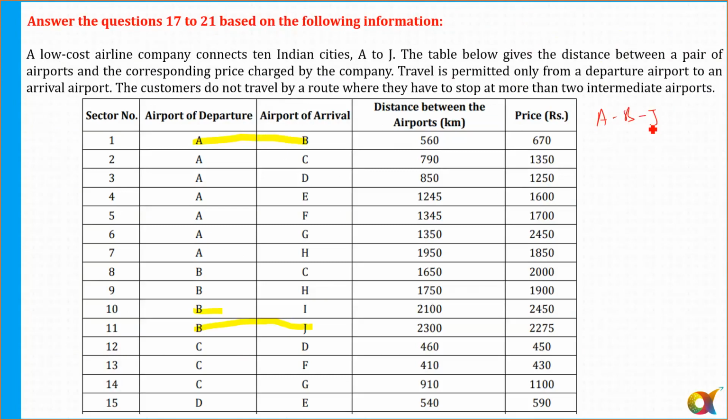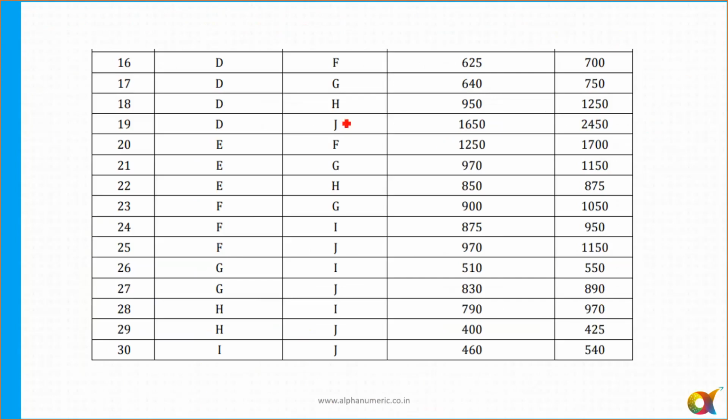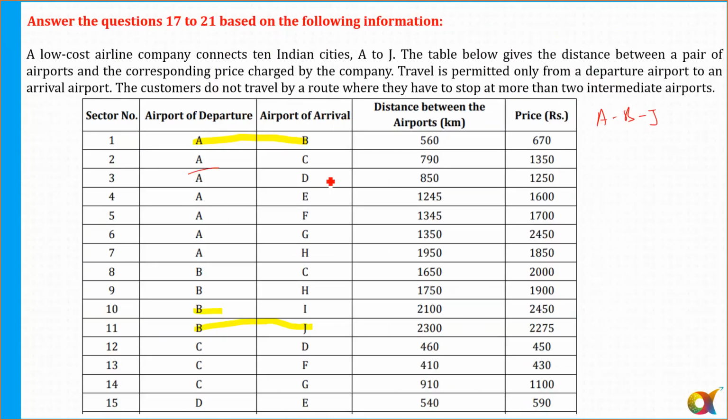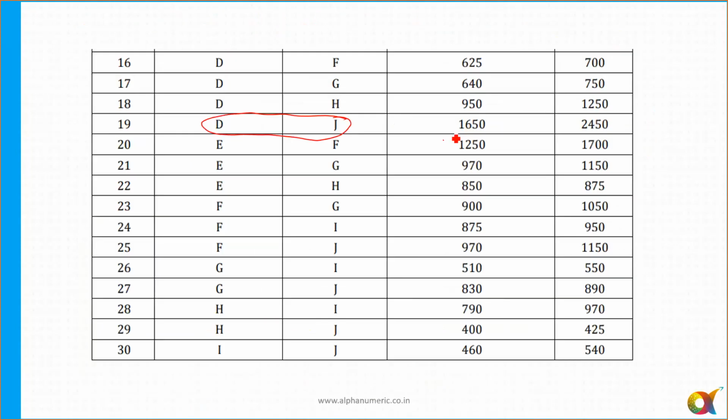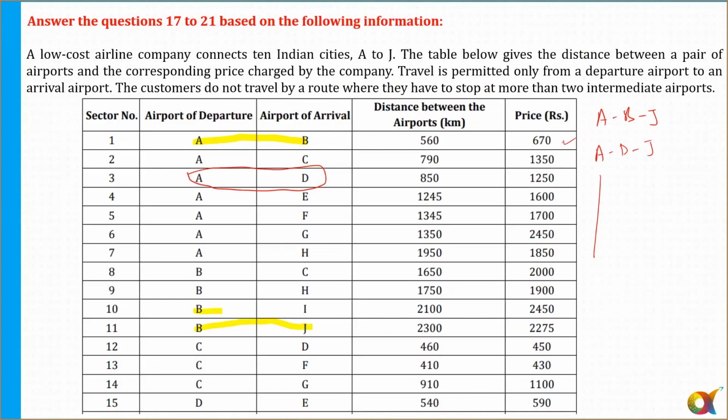And for this route, I need to find out the total distance as well as the total price. Also, you just see J, where J is coming here. I can also reach J from D. So previous slide, A to D is also there. So another possible path is ABJ. Similarly, I need to make a list of all the possible paths, then find the total distance traveled in that path by adding all the distances, and also the total price. So don't you think it's a very time consuming process? Please tell me, yes or no?